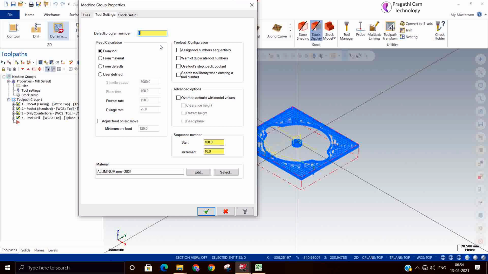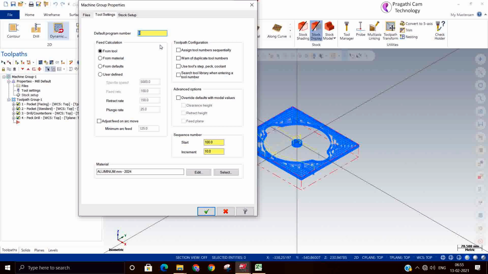So the feed calculation, how you want it, from material or from tool. From where the feed rates have to come.